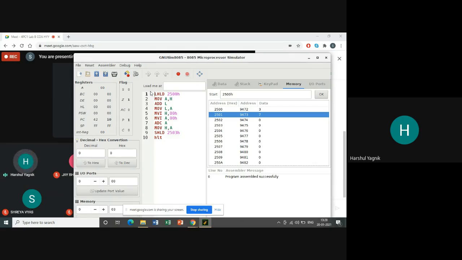You have to give memory address where you want to store program. 0C000H. Okay, now run program.